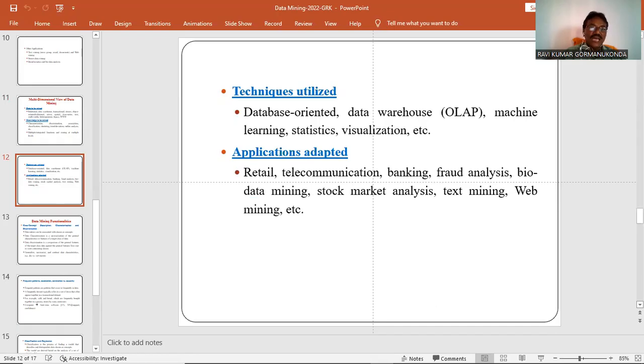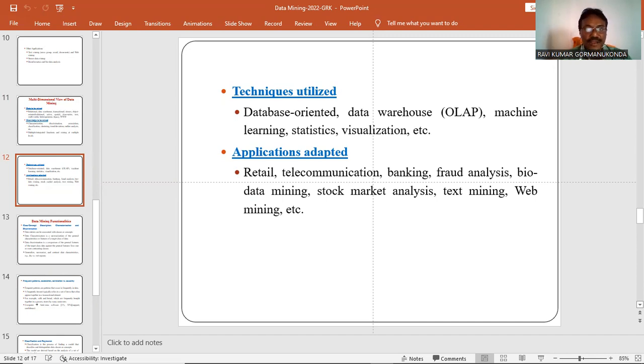We have already covered which application areas apply data mining. It is a multidisciplinary field. Data mining techniques are applied in retail, telecommunications, banking, fraud analysis, biodata mining, stock market analysis, text mining, web mining, etc. So the multi-dimensional view of data mining means kind of data, kind of knowledge, techniques applied, and applications adopted.